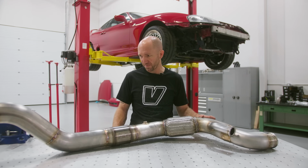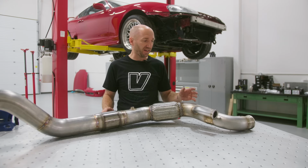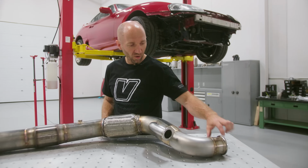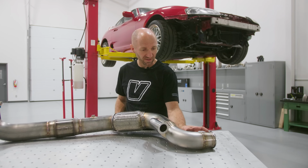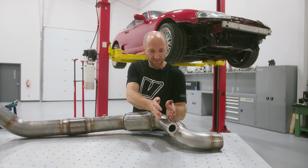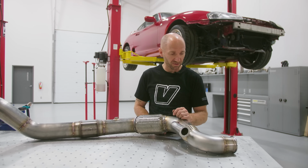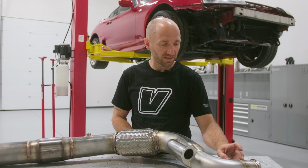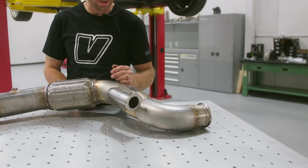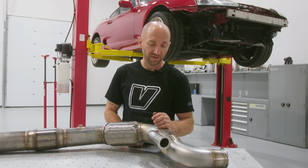Certainly the largest downpipe I've ever welded together, but I think it turned out okay. I did face some challenges. I originally wanted to keep this cone all one piece, 4 inches long. That would have meant I would have had to have pie cuts coming down, and then it would have moved this further back to the firewall, and I wouldn't have had room for my recirculation dump tube there. By changing this from cutting it in half and putting a little bit of 3.5 inch in between, it actually allowed me to move that downpipe away from the firewall to allow this